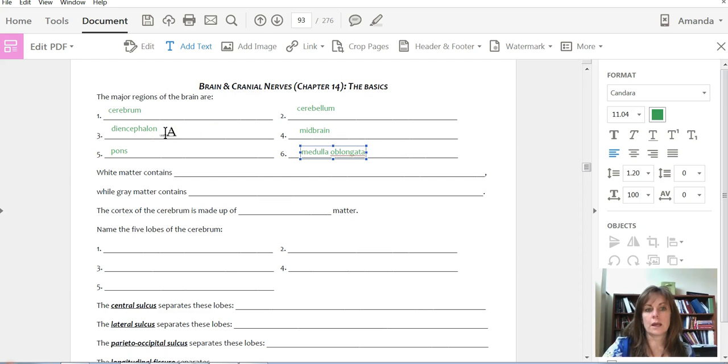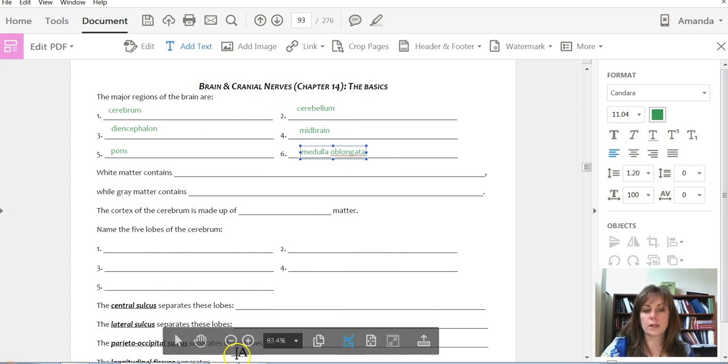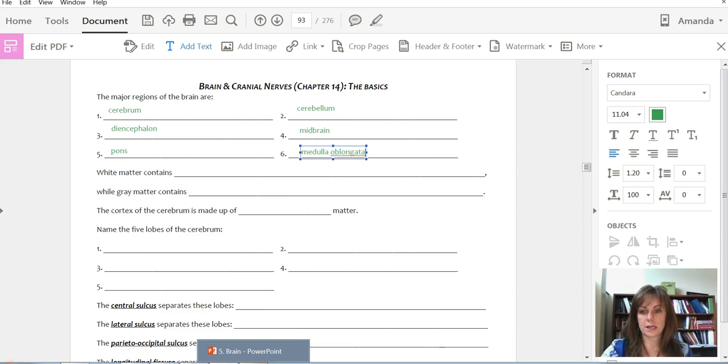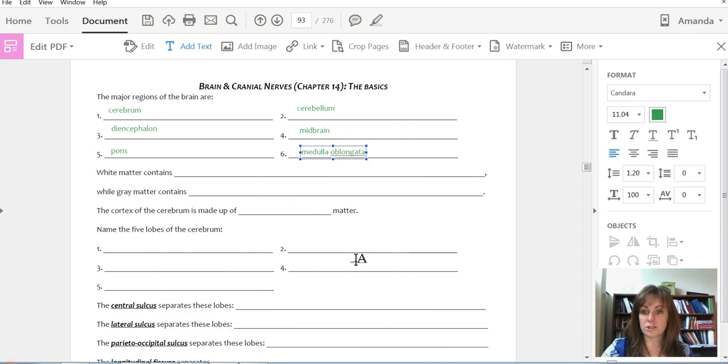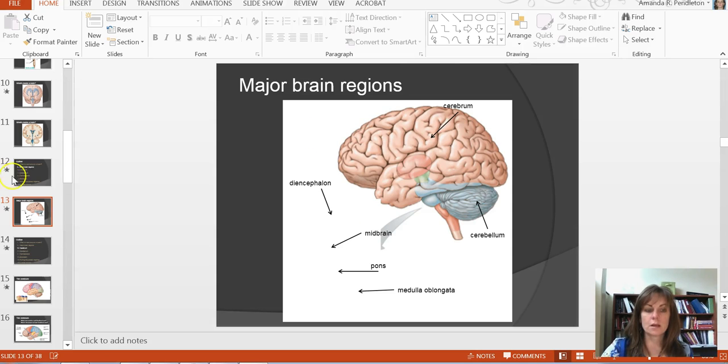Okay, and so I'd like to show you those regions first on a PowerPoint slide where I'm explaining them, and then I'll actually show you on an actual physical model where these 6 major regions are. Any place later on in the notes packet where it asks major brain region, you should be picking one of these 6 regions. So if we turn to our PowerPoint here,